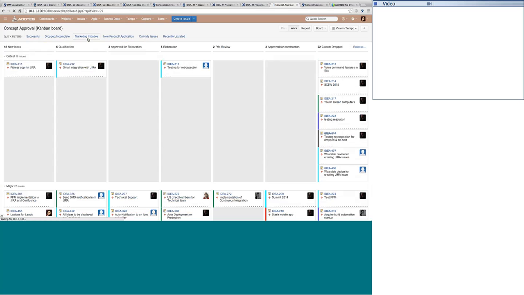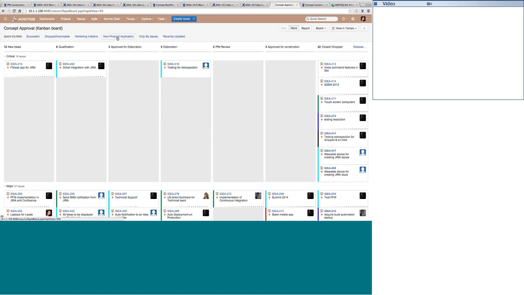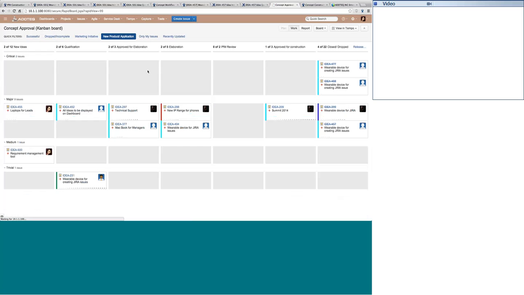So we can simply click on the quick filter and see the major ones, the ideas flowing in which are related to marketing. Or maybe if the business owner wants to see how many new products or applications, and to anticipate how many products his organization will launch in the coming future, he can simply have this. So these are the few gadgets which we can use.